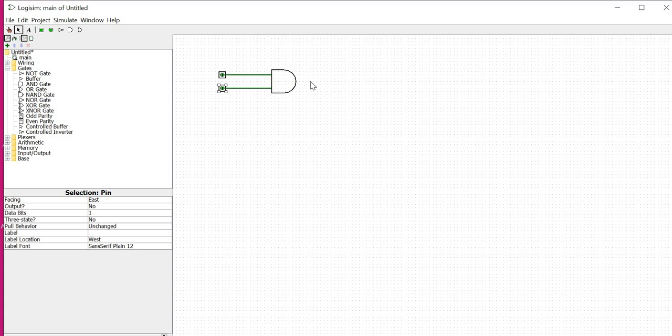You make the connection and take the output line and connect it to the output indicator. So now the AND gate is ready for verification, with two inputs as well as one output. If you want to verify the function of this AND gate, you have to select this poke symbol, and now you can change the inputs here. Now the inputs are 0 0, so the output is 0.